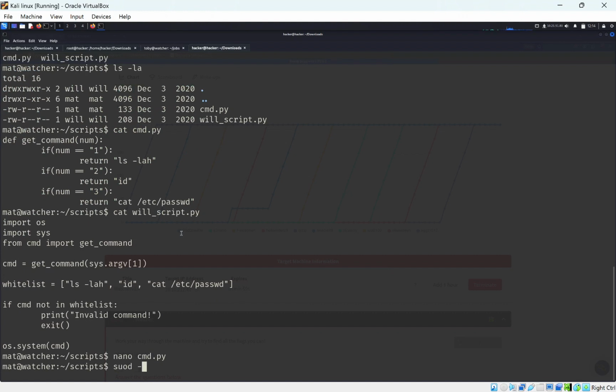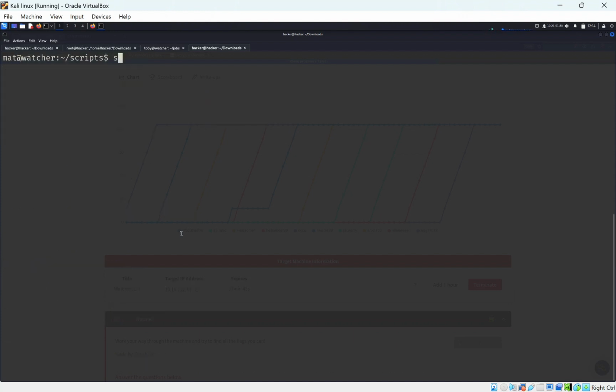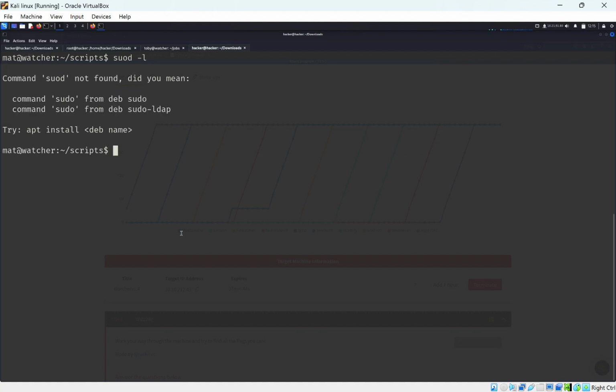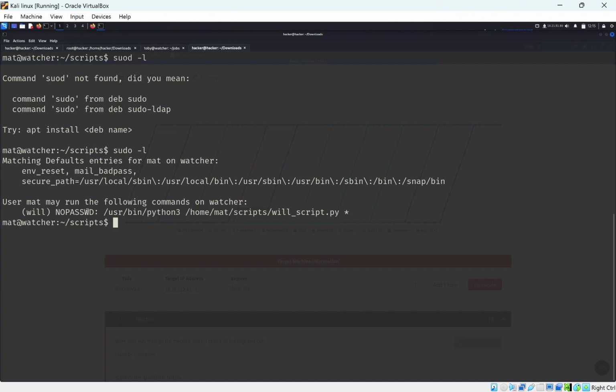so we should be able to run this as will. So if we do sudo -l, if I can spell sudo right, so we can see that. So let's do that again, sudo -l. So we can run this as the user will. So we can do sudo -u will. So we're going to do this, and we're just going to put 1 at the end. So I'm going to put the letter 1 here, and we're in as will,